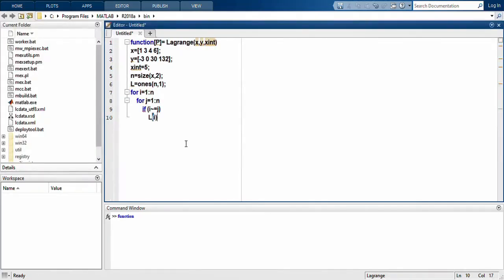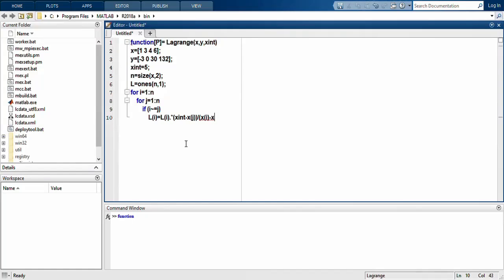L of i is equal to L of i multiplied by, asterisk multiply means element-wise, a simple formula: x int minus x of j. Every time it is updated, the previous Lagrange polynomial is multiplied and updated, divided by x of i